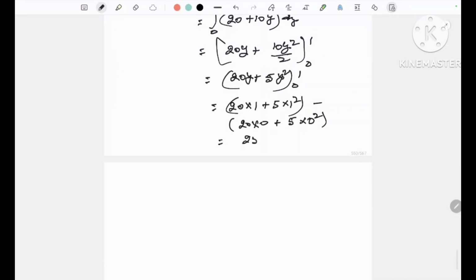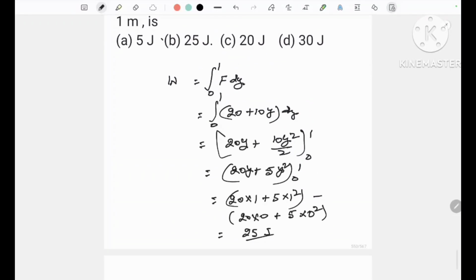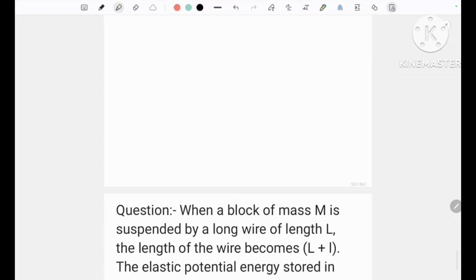This is 25 joule. So work done will be 25 joule. B is correct option. Next,